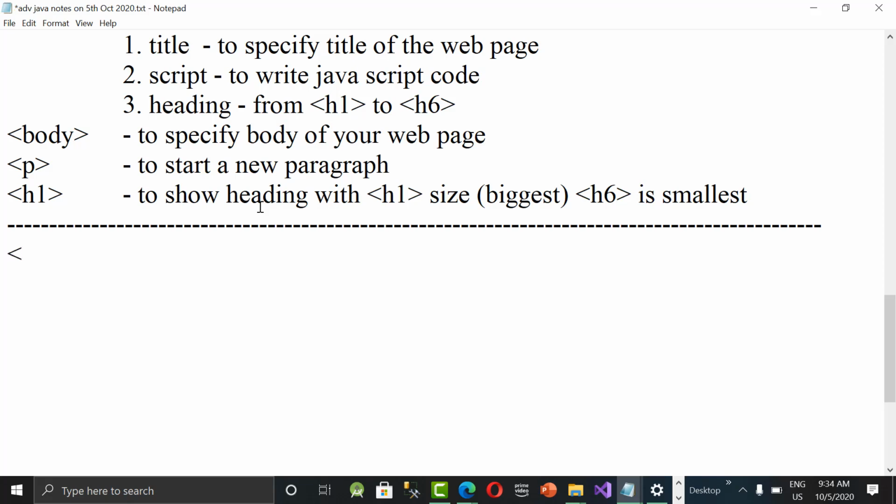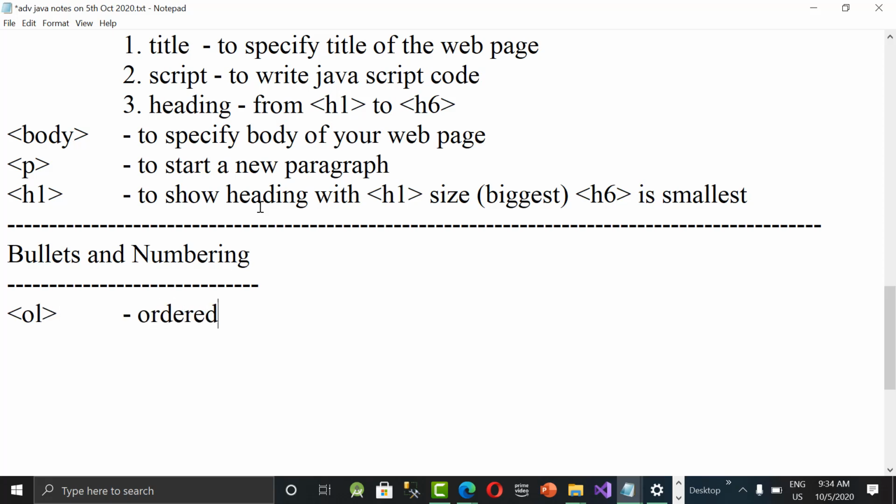So to generate bullets and numbering, we use two tags called OL and UL. OL stands for ordered list, to generate numbering.